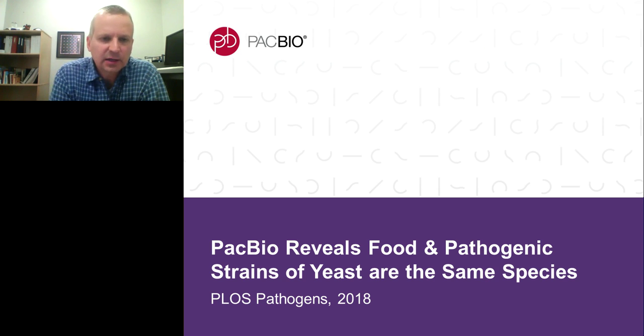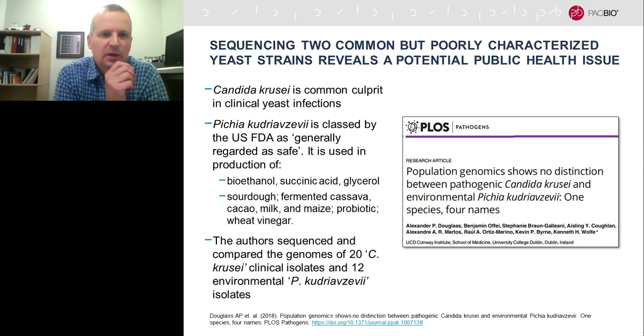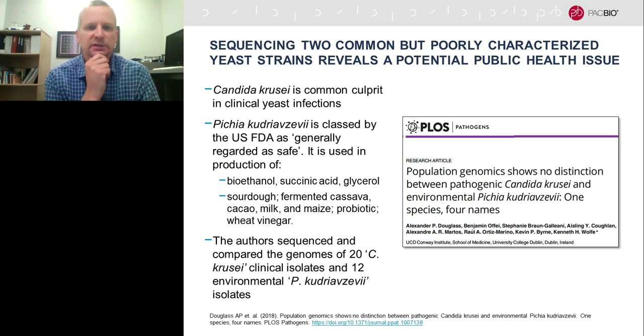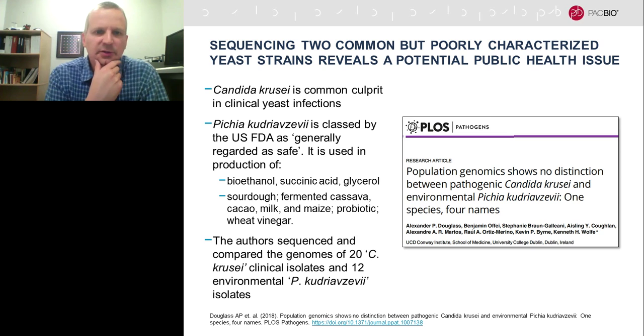And then the second eukaryotic microbe that I want to highlight is from a very recent paper in PLOS Pathogens that shows that a yeast strain that was used in food production and also a yeast recognized as a pathogen are actually the same species. So there were 2 common but previously very poorly characterized yeast strains, and this overall reveals a potential public health issue, because this Candida krusei is a commonly recognized culprit in clinical yeast infections. On the other hand, this Pichia